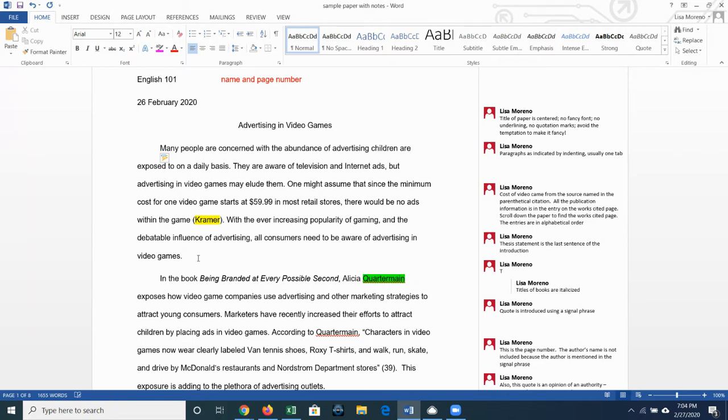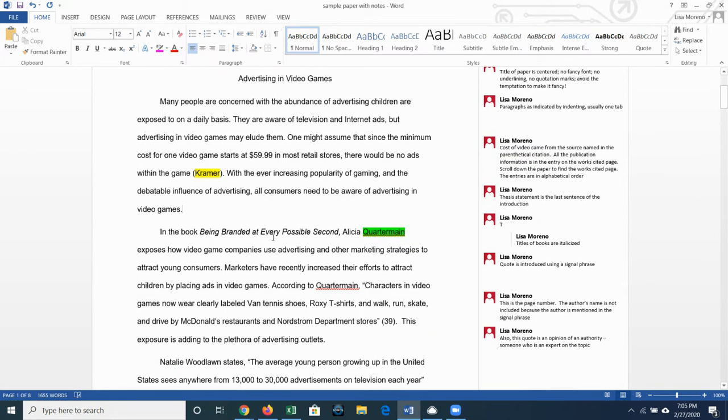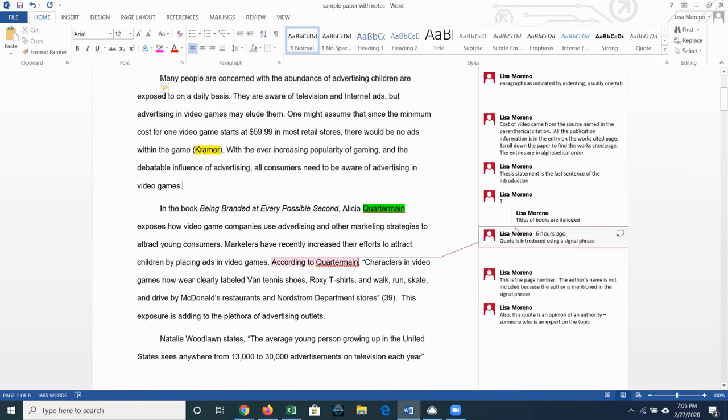So we can argue against advertising to children. We could advocate for banning advertising to teenagers, banning advertising in the schools, or just banning advertising in video games. There's different places we can go with this. So the next paragraph,